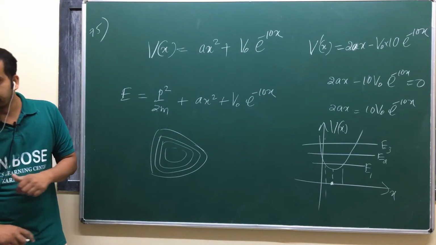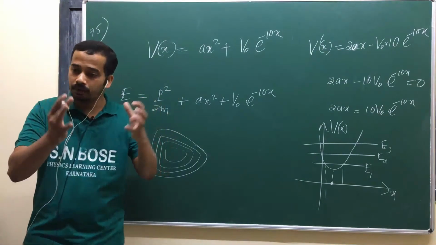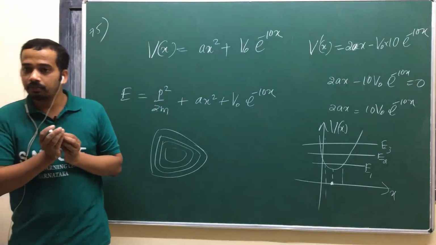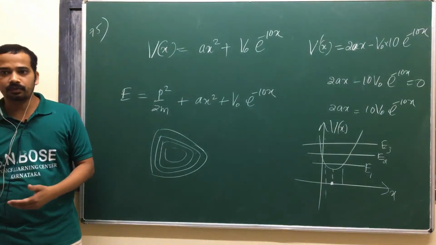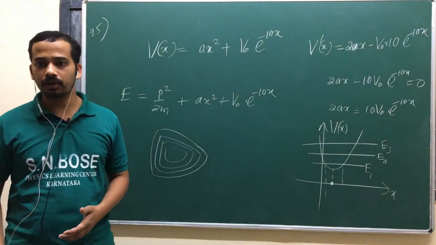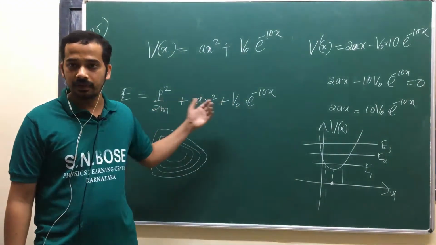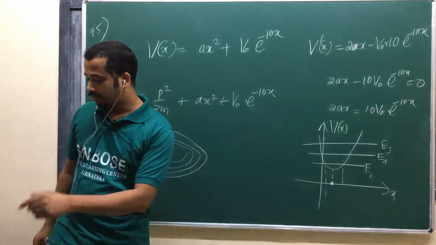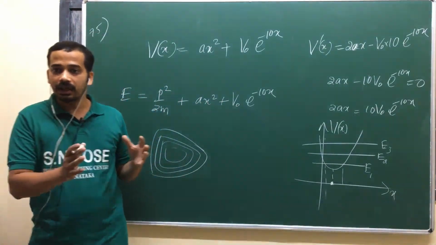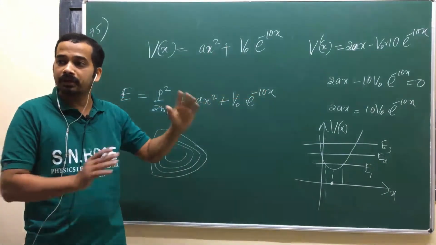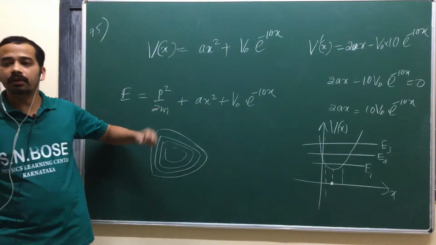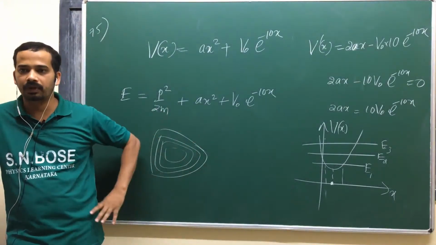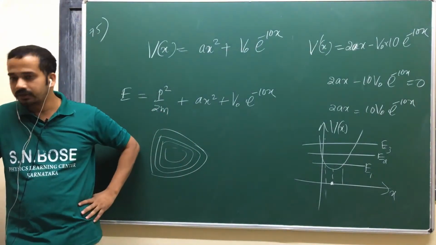So for the second option, if you have taken different energy or lower energy, it will shrink at a positive x coordinate. Either 1 or 2, am I right? You have eliminated the other 2 options because that's not an elliptical equation between p and x, isn't it? So among 1 and 2, you can just take the idea that where the potential has a minimum, the curve should shrink to a point. If you take lower energy, he has plotted for only one energy, but that is sufficient to answer the question.